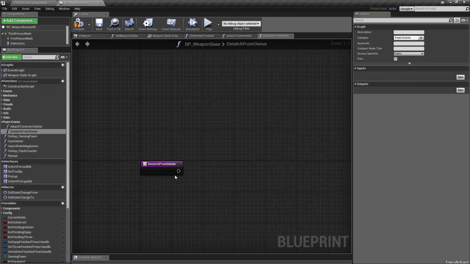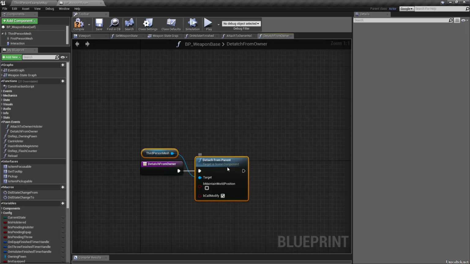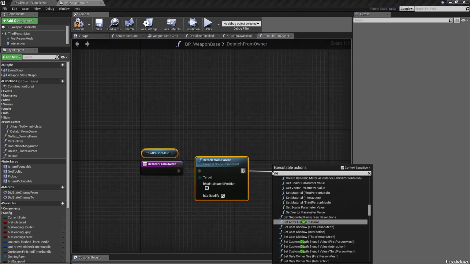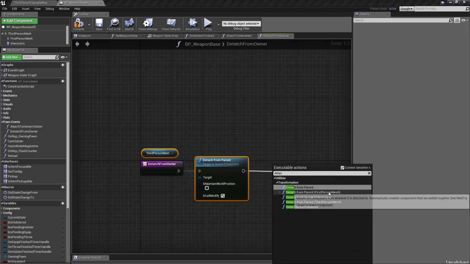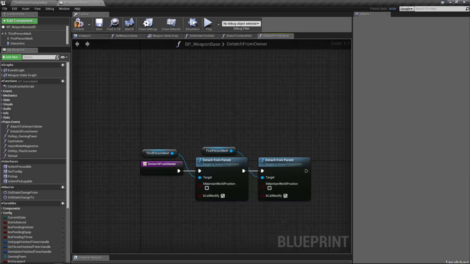So what we're going to do is a detach from parent on the third person mesh. And that's fine just like that. We're also going to do the same for the first person mesh. And after that,